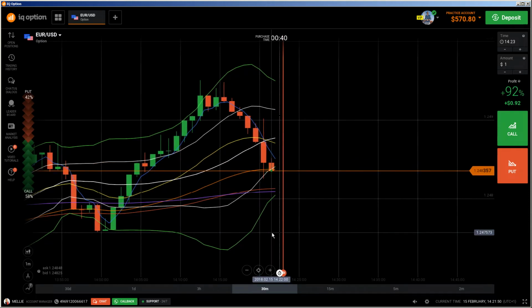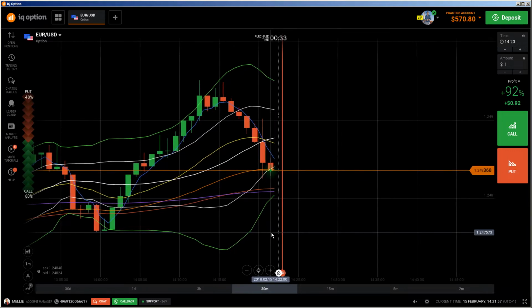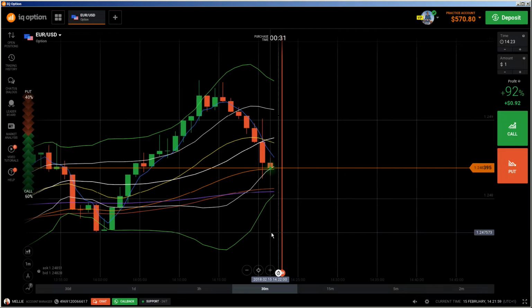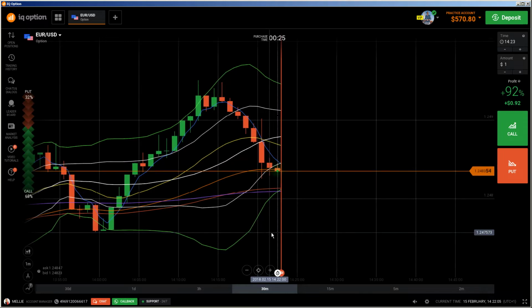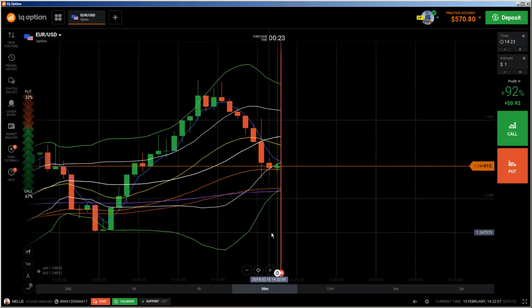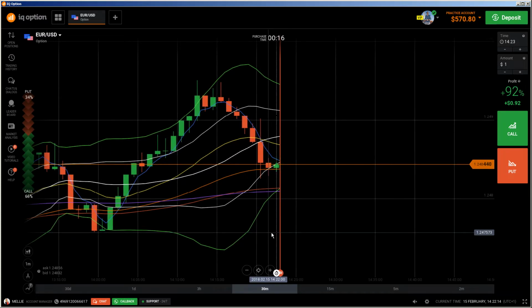But the important thing about the parabolic SAR is, like with every indicator, they are lagging, because they calculate based on the price or on other stuff, and so the information what is giving us is always late. So you cannot use them for 1 minute expiry time turbo trading because it's some kind of risky.